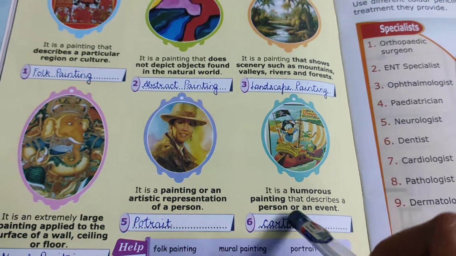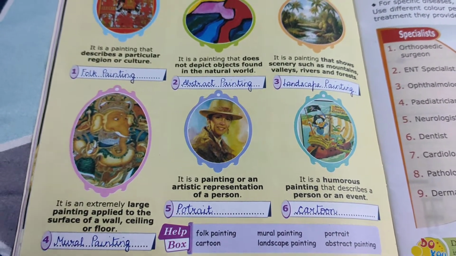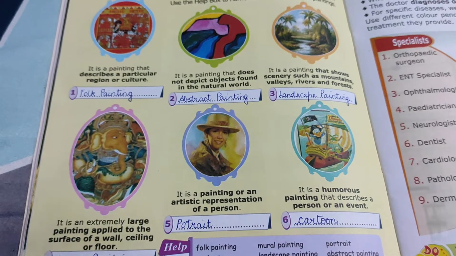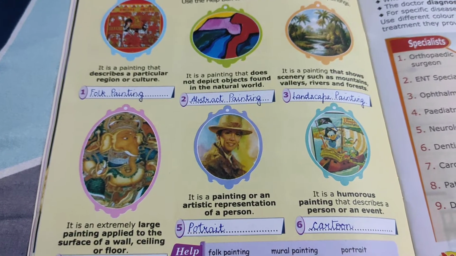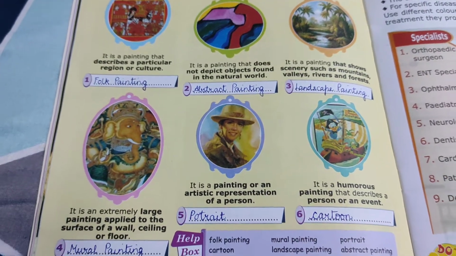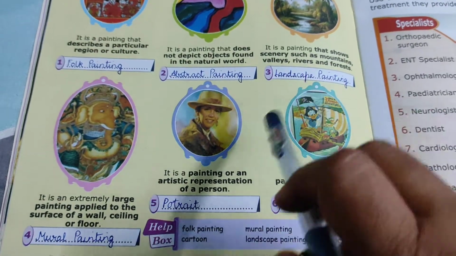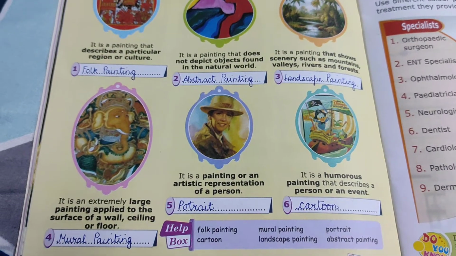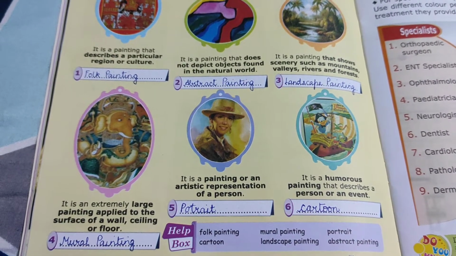So I hope you have come to know about 6 different types of paintings today, and you must be learning a few of them in your art class also, because we love drawing to release our stress also. We should draw or paint something, but when we are drawing or painting, we should be aware of what we are making. Whether we are making a folk painting, an abstract painting, a portrait, or drawing a cartoon, we should be aware of that. So I hope you have understood the difference between these types of paintings, and now you will enjoy drawing more.